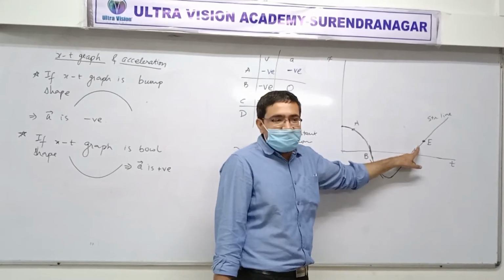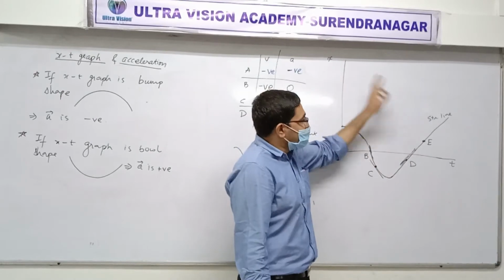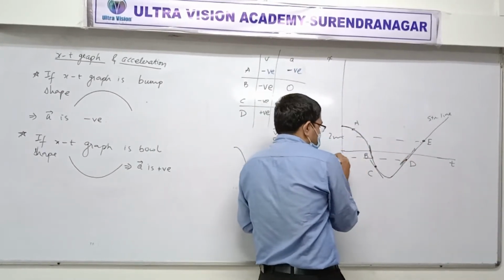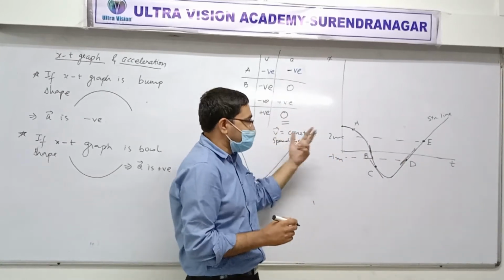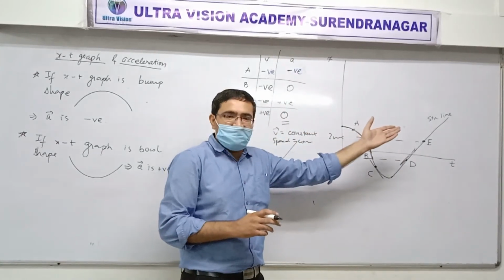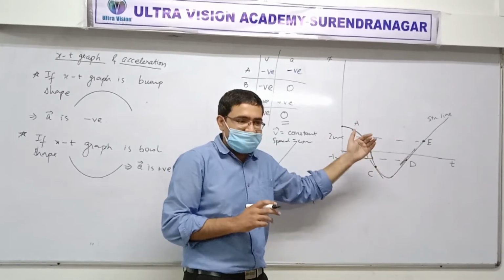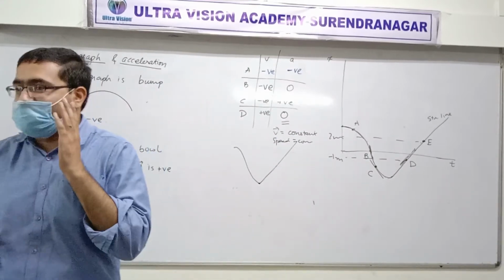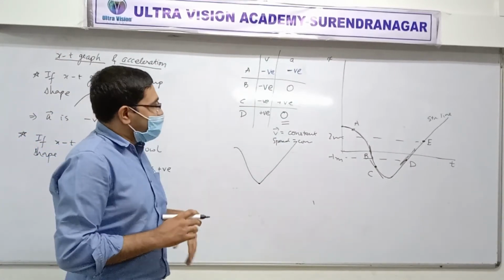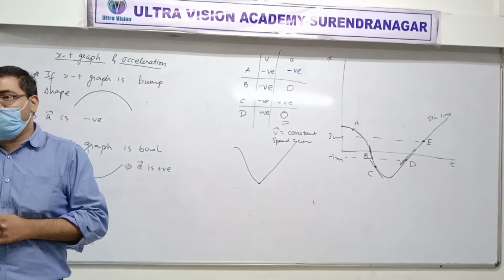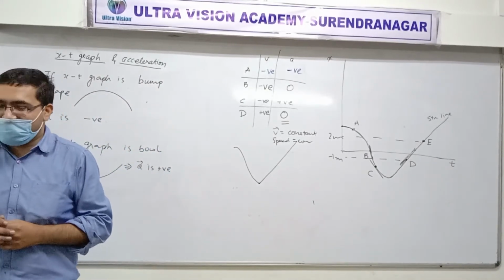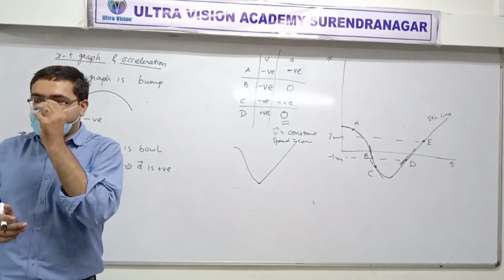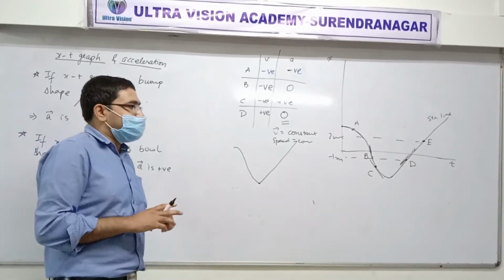Sure? At E, position is more. What I mean is, here it's possible that position is 2 meter, and at D the position is -1 meter. So which position is more? X. 2 meter is more and -1 is less. Correct or not? Okay, but this question is not about position. This question is about speed. Fine. At which point is there retardation? Take the piece. At which point is there retardation? Point C. Is that clear? Absolutely sure? Okay, fine.